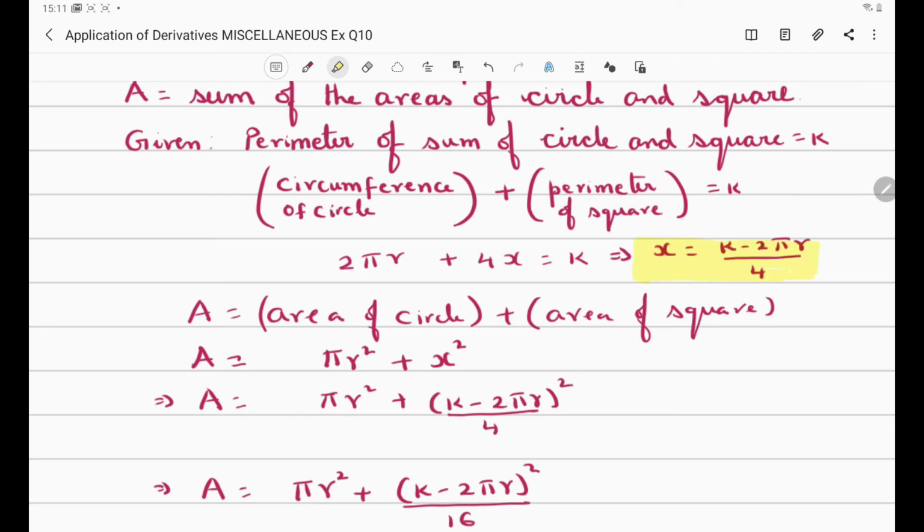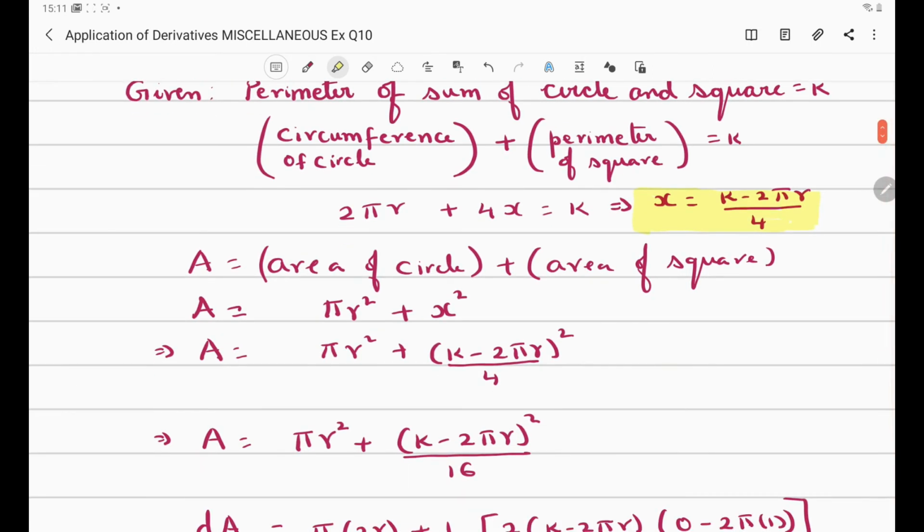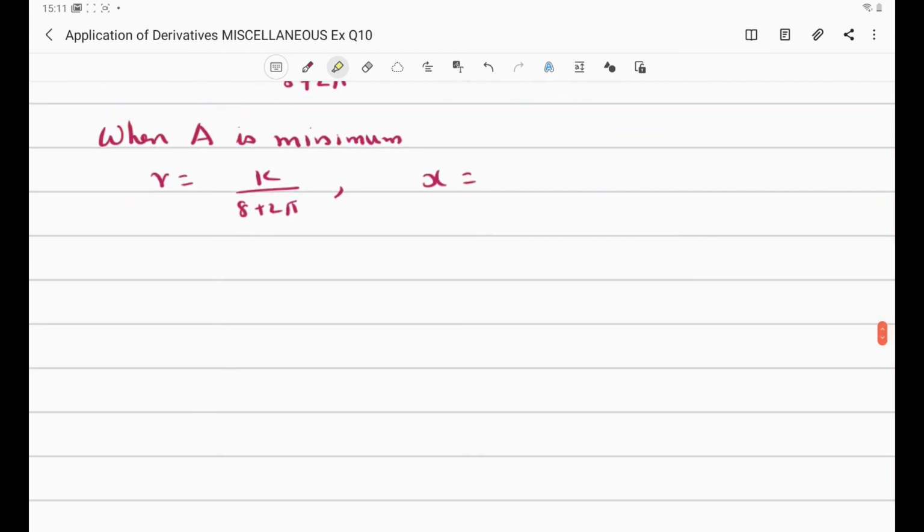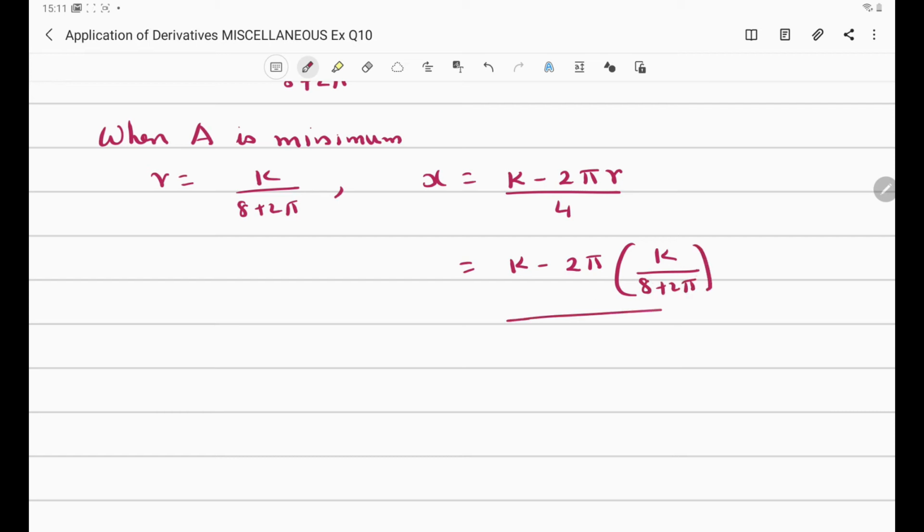So we already got the relation between x and r, x equal to k minus 2 pi r by 4. So let us use that, x equal to k minus 2 pi r divided by 4. So this is equal to k minus 2 pi into, in place of r I plug in k by 8 plus 2 pi divided by 4, and we get this as